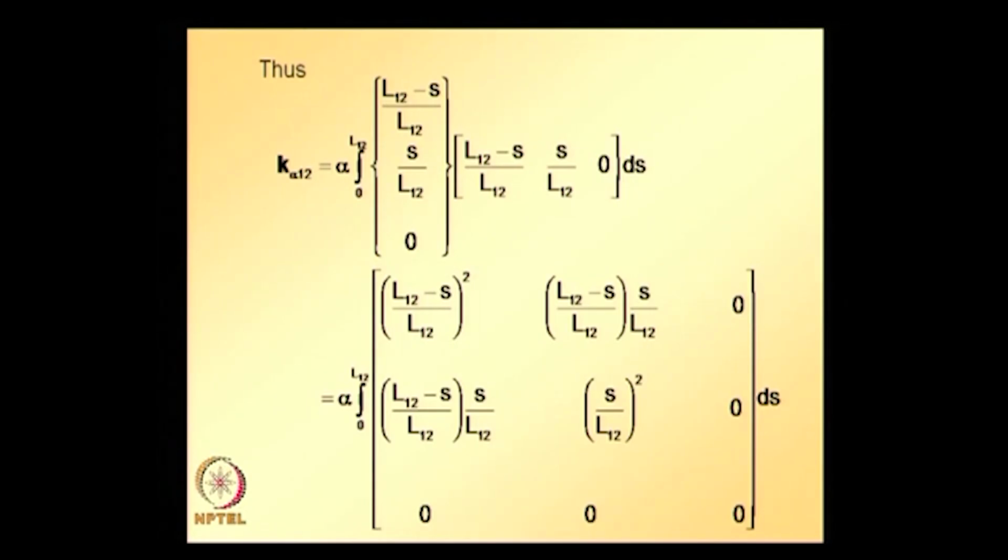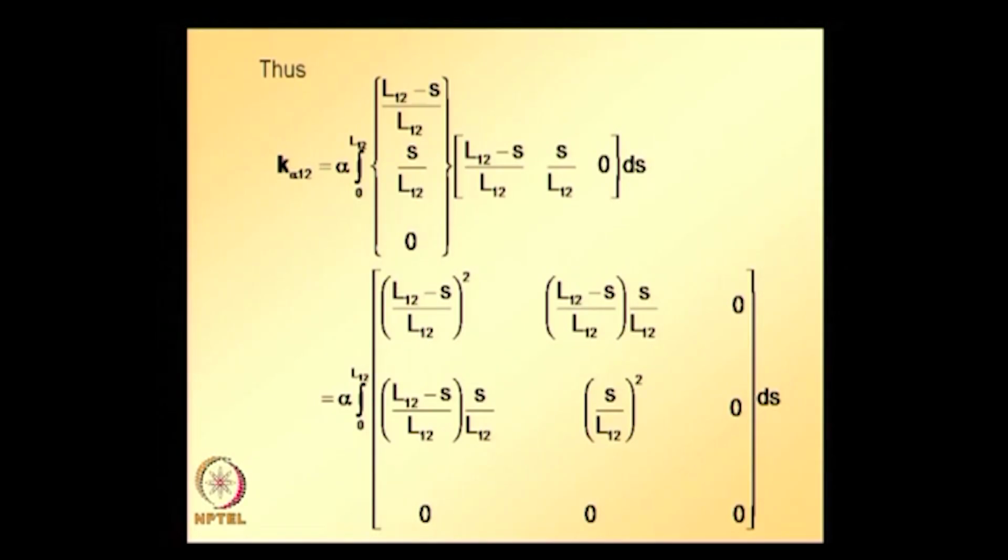We can adopt numerical integration scheme if the integrand is complicated, or if integrand is simple, we can evaluate this in a closed form. Since here integrand is simple, we can evaluate it in a closed form by integrating each of these components with respect to s and substituting the limits of integration 0 and L12, we get